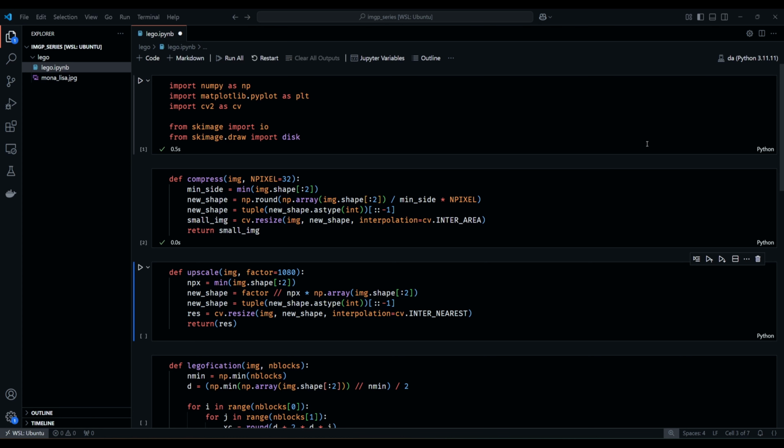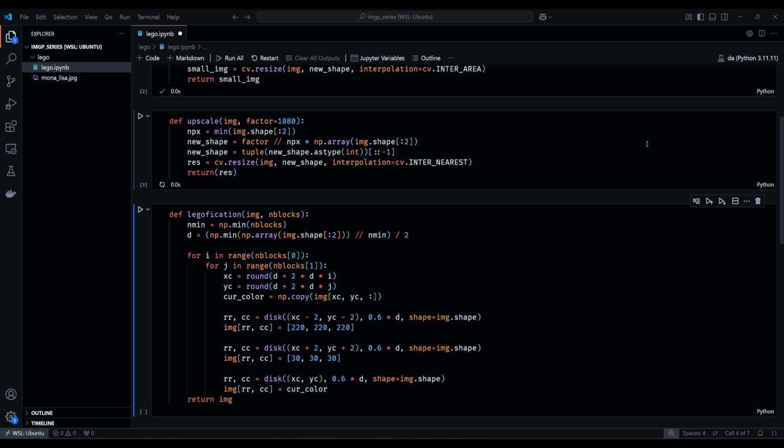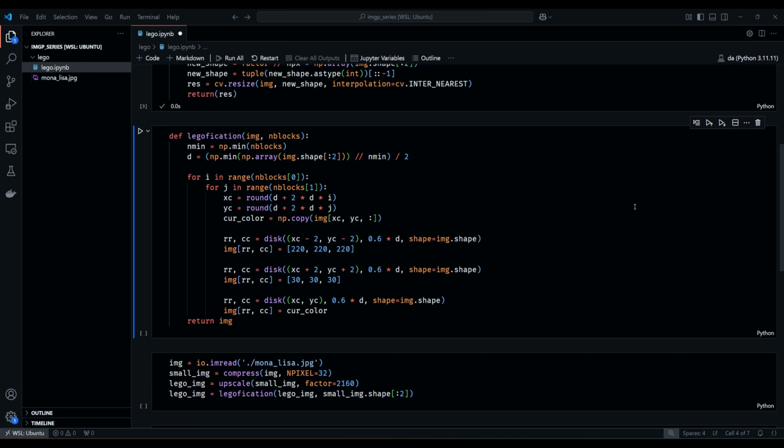Next is the legofication function, which turns an image into a Lego-style mosaic. Here's the process. The function takes two inputs, the image and the number of blocks, n_blocks, to divide the image into, horizontally and vertically. It calculates a d-value that determines the size of each Lego block based on the smallest dimension of the image and the grid size. For each block in the grid, it finds the center of the block, samples the color